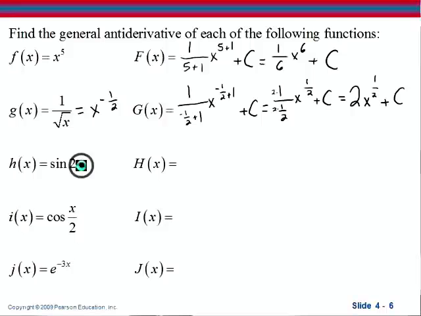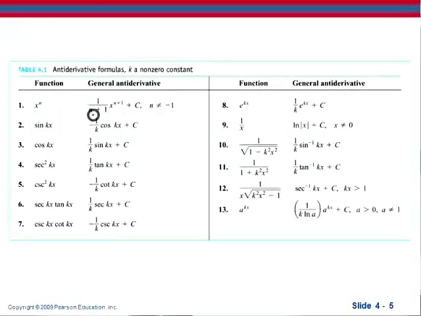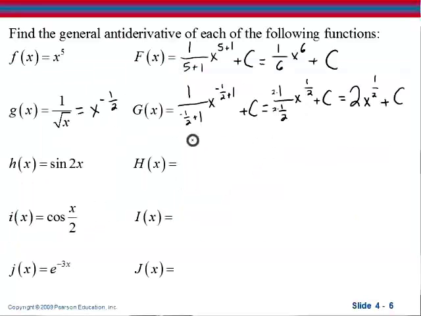We have sine of 2x. Now go back. If we have sine of 2x, that's negative 1 over k cosine of kx plus c. Now the reason that happens is this is going to be a chain rule. Remember, when we take the derivative of cosine of x, we get negative sine x, so that's where the negative comes from. And when we do the chain rule, we'll have to take the derivative of kx, which is k. So this would be negative 1 over 2 cosine of 2x